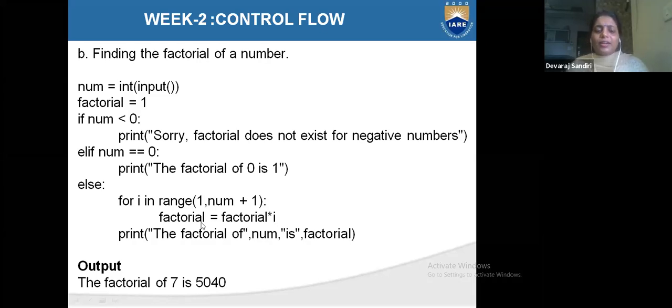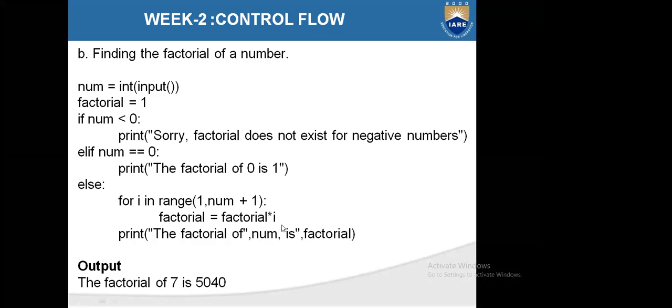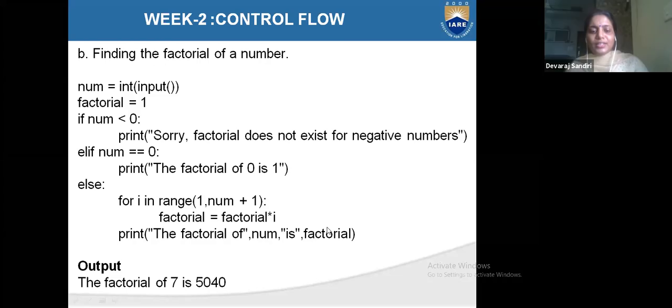See students, when I am asking, can you reply to me? Today my chat box is not visible on my screen, so you have to support me. How will I know what you are writing? Okay, 3 multiplied by 2. If 2, I will write 2 multiplied by i, as i increments. Factorial of 7 means 7 into 6 into 5 into 4 into 3 into 2 into 1.